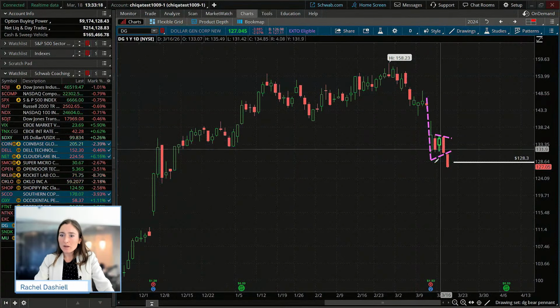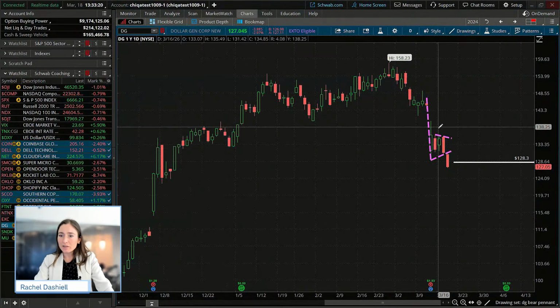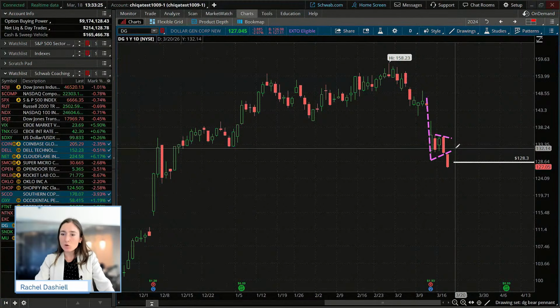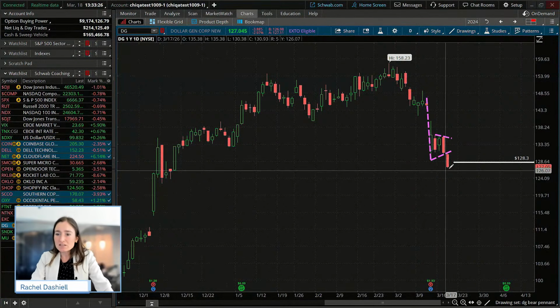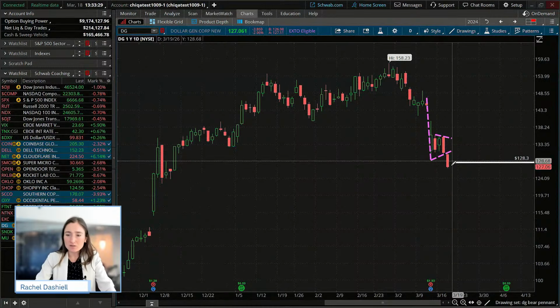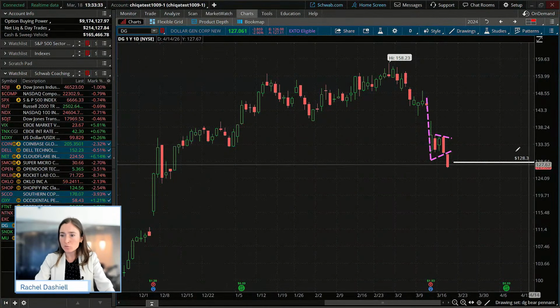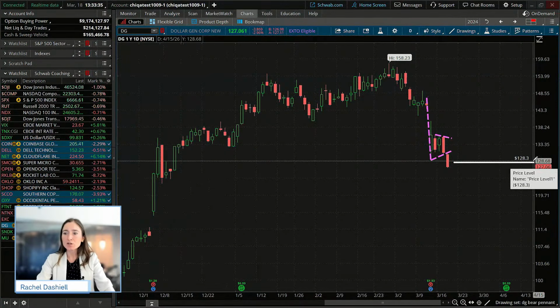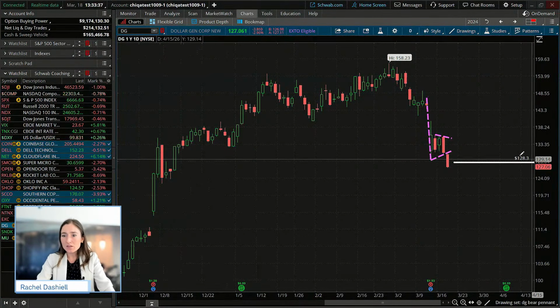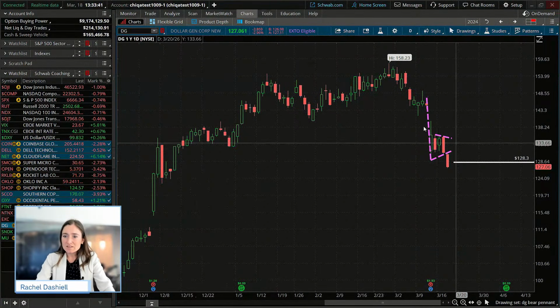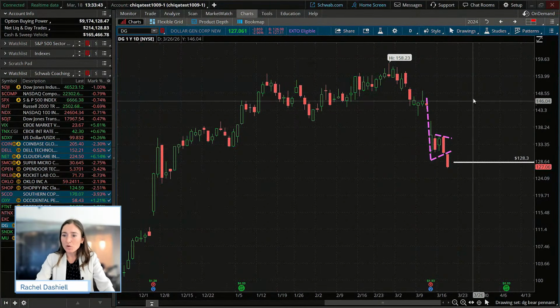And then I can see that price was really forming this almost like triangle type pattern, which forms that pennant. And then today we got that breakdown of Dollar General here with a move below a 2% move to the downside below that 128.30. Okay. So this is kind of giving us an example of how we could take a bearish trade in this particular example.